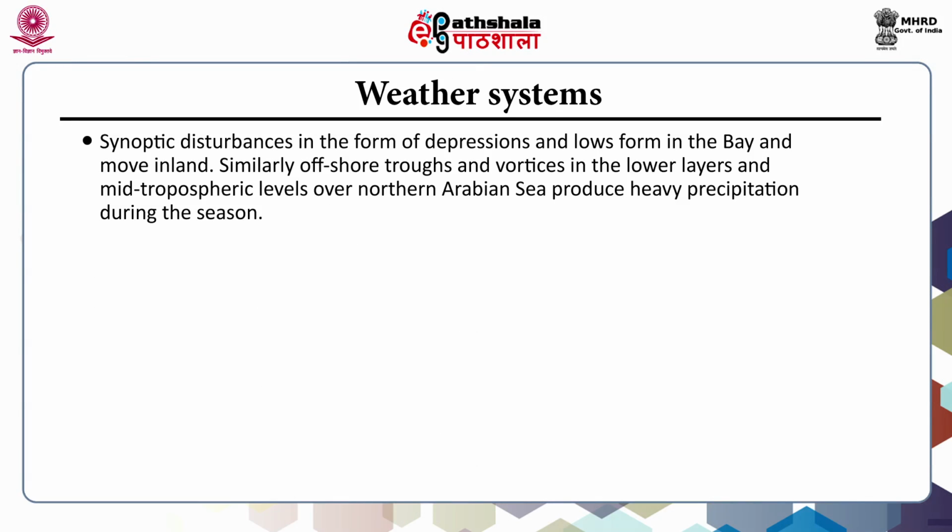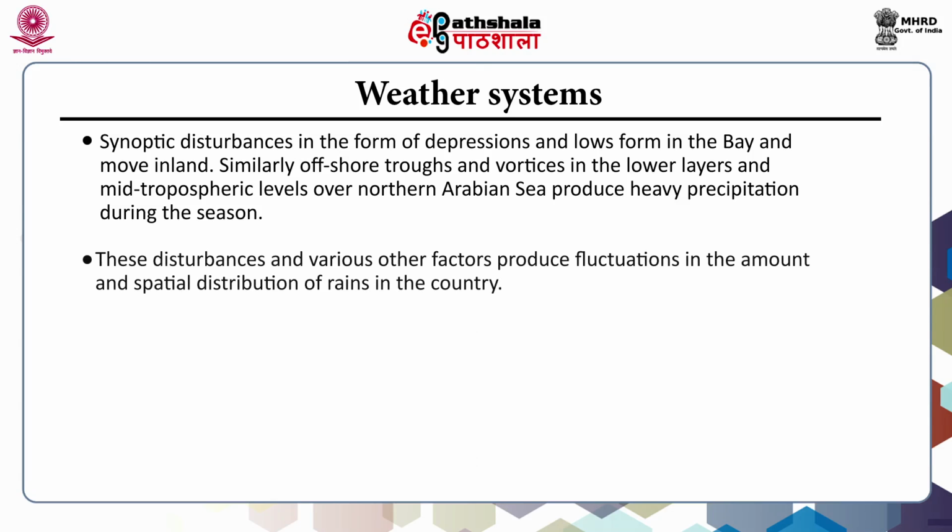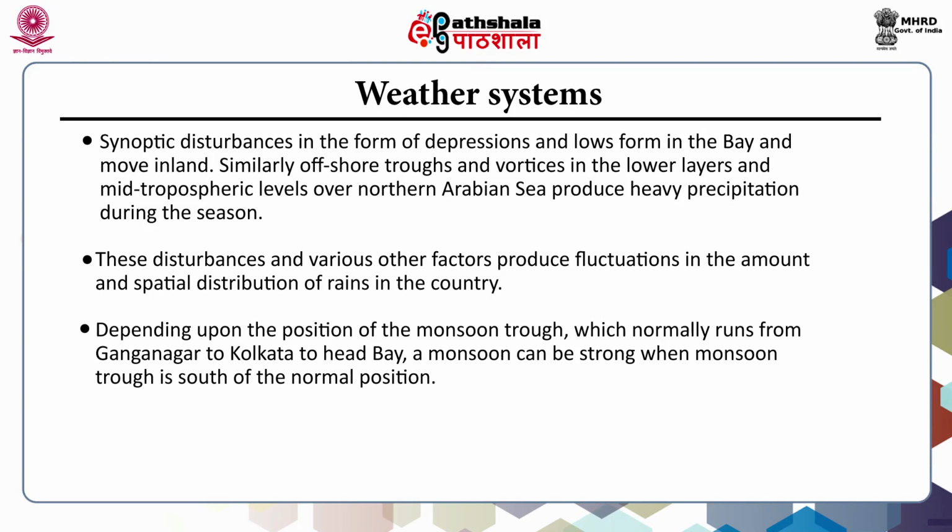Synoptic disturbances in the form of depressions and lows form in the Bay and move inland. Similarly, offshore troughs and vortices in the lower layers and mid-tropospheric levels over the northern Arabian Sea produce heavy precipitation during this season. These disturbances and various other factors produce fluctuations in the spatial distribution and the amount of rains in the country. Depending upon the position of the monsoon trough, which normally runs from Ganganagar to Kolkata to Head Bay,